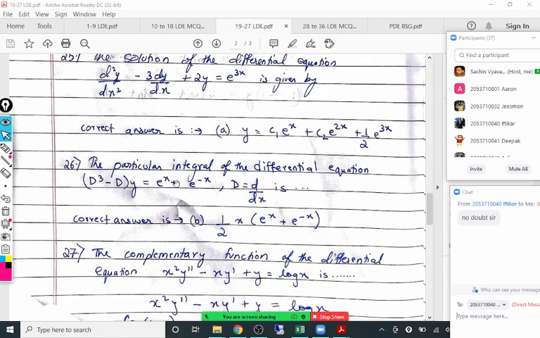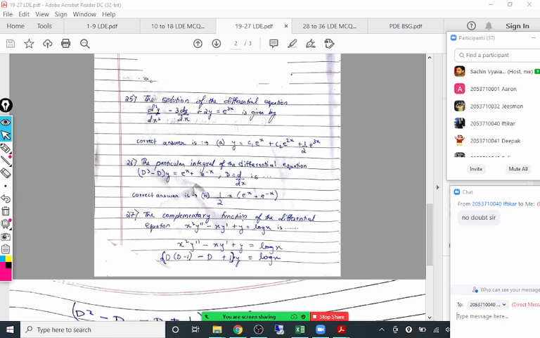26th, now again PI we want, PI for this, so only the RHS you have to solve and you get this as the answer. Probably this x is multiplied, which indicates that plus 1 and minus 1 are the roots of the LHS, and because of that this x appeared there. Okay, so that's about 26th. 27th,